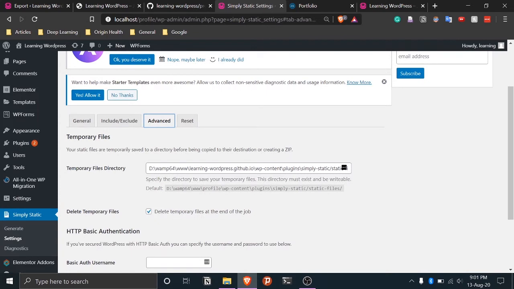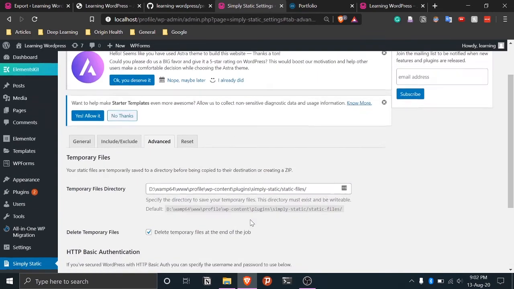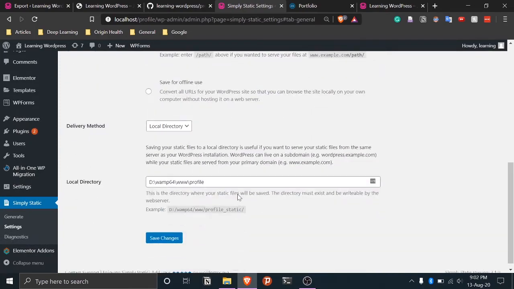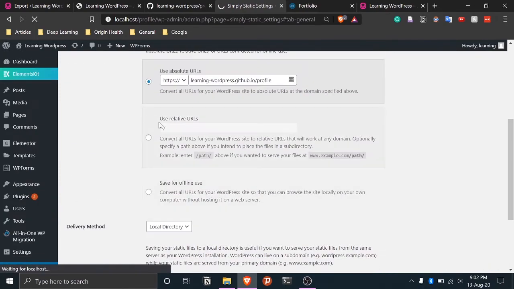There's one more thing: here, temporary files directory says learning WordPress or github.io. Change this to profile. These values say this because we had imported it from our home page, so they have information about the home page itself. So we'll save the changes.